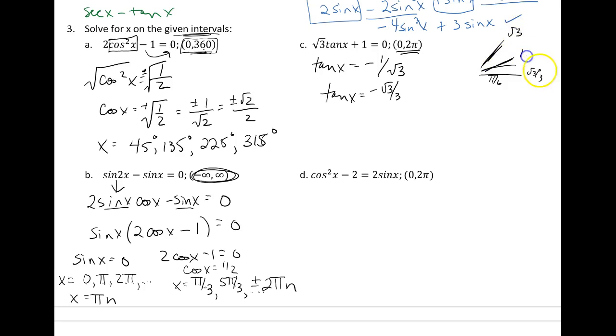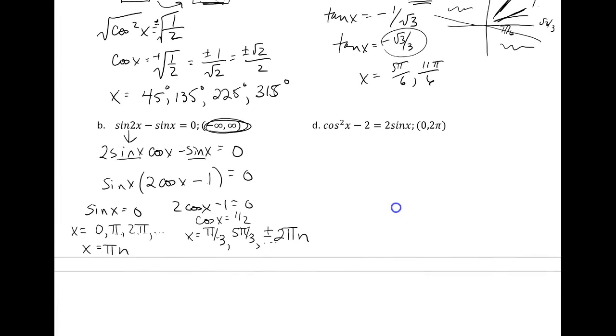And if you've memorized those 3, then as soon as you see this answer, it's not scary, because it's going to be something over 6, okay? Now you just got to figure out what over 6. So what quadrant would tangent be negative? Well, it'll be negative in this quadrant, and it'll be negative in this quadrant. So what are the over 6 values? Well, this one is 5 pi over 6, and that one is 11 pi over 6. So those are my 2 answers. And the last one, part D,